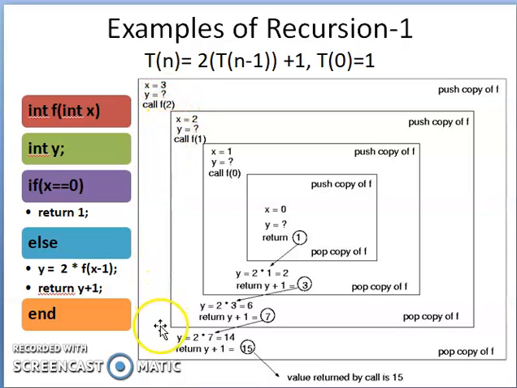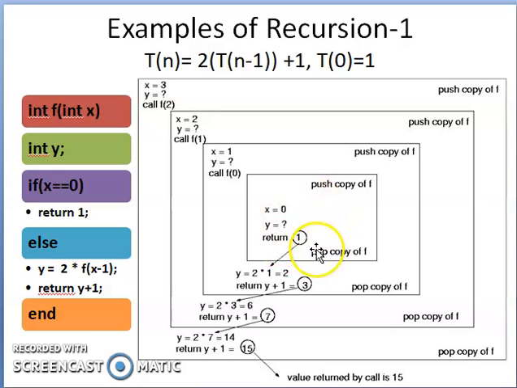Within the main call which has been executed just now, we are going to put this main call on the stack and we will make a fresh call with x is equal to 2. Again we have to calculate the value of y and we will make a fresh call to f with x is equal to 1. Still the base case is not met, so again we will push this call with x is equal to 2 also on the stack and we will call the function with x is equal to 1. Now when we call with x is equal to 1, again we will try to call f with x is equal to 0. So now this base case is met and we are going to return the value of 1.